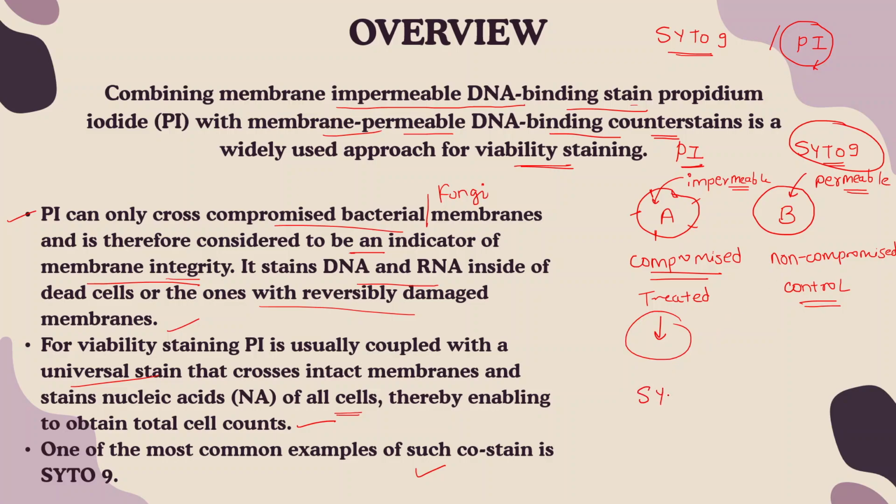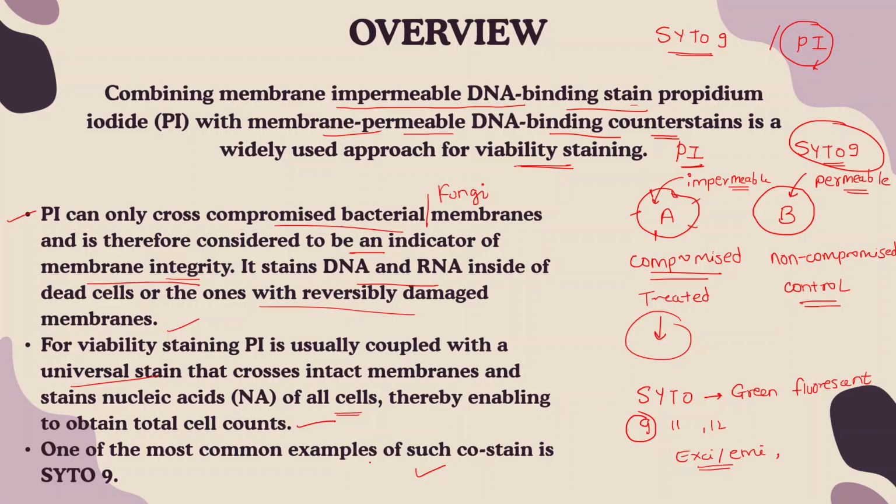Apart from this, you will see that Cyto stains are generally green fluorescent stains which are available in multiple forms. You will see different variants of this stain like 9, 11, 12, like this. There are several stains available which are differentiated on the basis of their fluorescent characteristics. For example, the excitation emission wavelength will be different for every Cyto stain. Then its permeability will be different, its fluorescence will be different in the different Cyto variants. In this case we will be studying Cyto9.